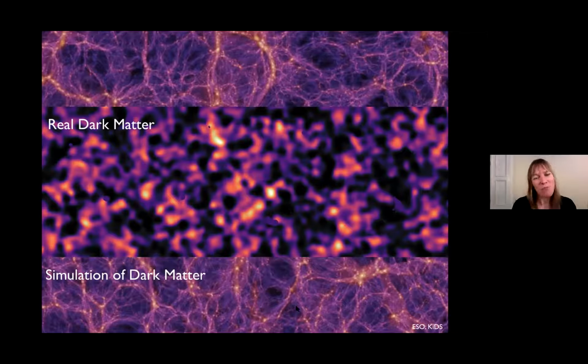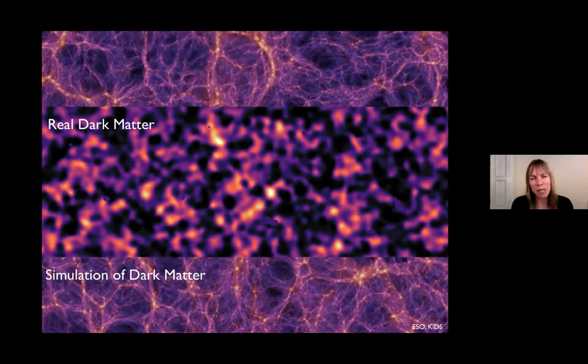And it's not as good as the simulation yet, which is what I set out to do too many years ago, but we're getting there, and we can make these maps now on very, very large scales. So I can tell you where the dark matter is, I can tell you how much dark matter there is, but I can't tell you what the dark matter is. But I look to my colleagues at the Lux Zeppelin project.